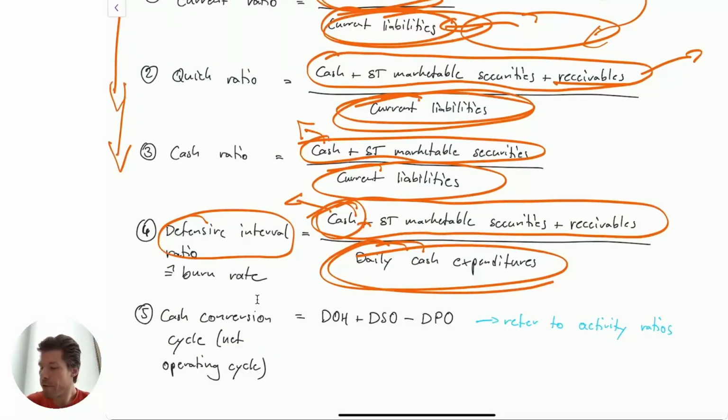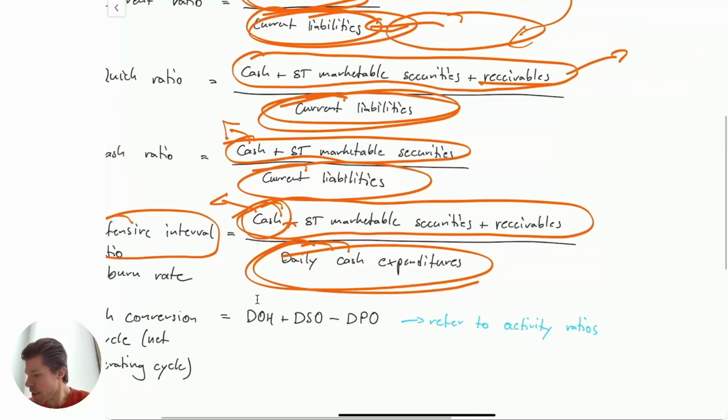So if you have a defensive interval ratio of, let's say, 50, that would mean that the company can continue to pay its operating expenses for 50 days before running out of